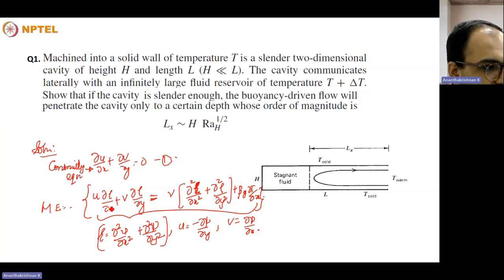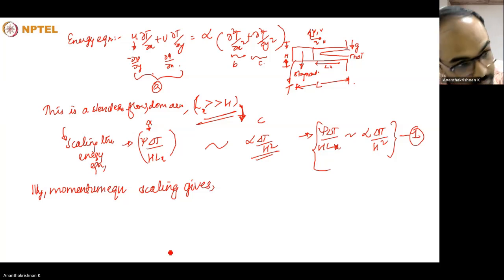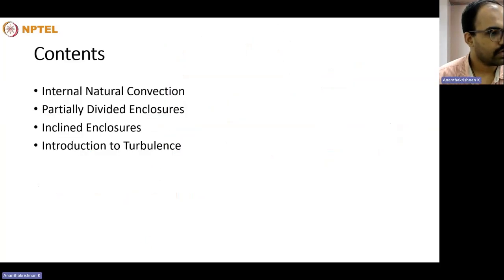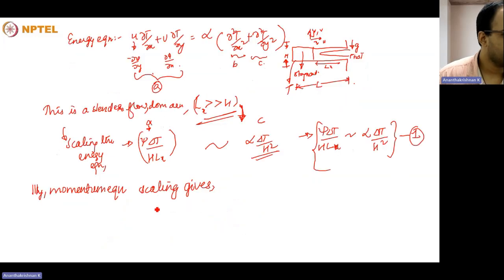And the term on the left hand side, based on the scaling analysis, can be reduced as, so what we could write is that u can be written as dou psi by dou y, and v can be written as dou psi by dou x. So both the terms will reduce to